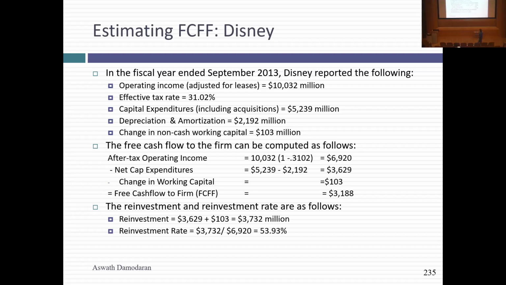So if you look at my after-tax operating income, there's my 6.92 billion. That's what I start with. Net capex minus depreciation is 3.6 billion. And remember, when you use net capex, you're basically adding back depreciation and subtracting capex. The reason I like to bundle the two together is that in a sense, they're locked at the hip. Do you see why? What are you going to depreciate over time? It's whatever your capex is.